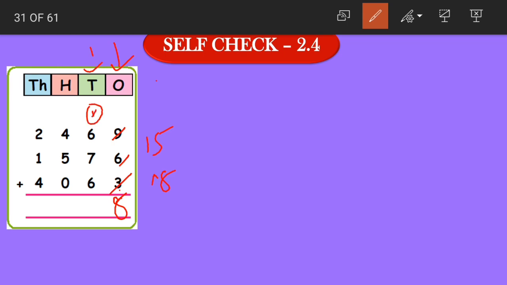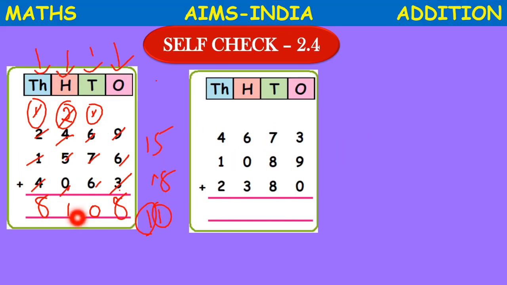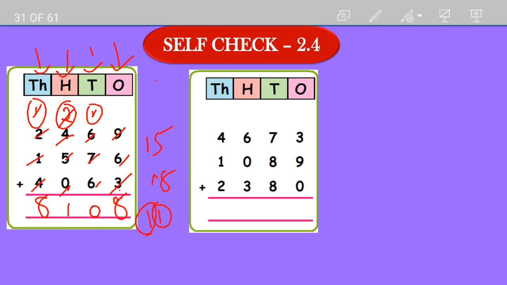In the tens place we have 1 plus 6 becomes 7. 7 plus 7 becomes 14. 14 plus 6 becomes 20. 0 here and 2 carried. In the hundreds place we have 2 plus 4, 6. 6 plus 5, 11. 11 plus 0, 11. So the digit in ones place will be written here and the digit in tens place will be carried. Moving to the thousands place, 1 plus 2 becomes 3, 3 plus 1 becomes 4, 4 plus 4 becomes 8. Yes children? Yes, so the answer is 8108.